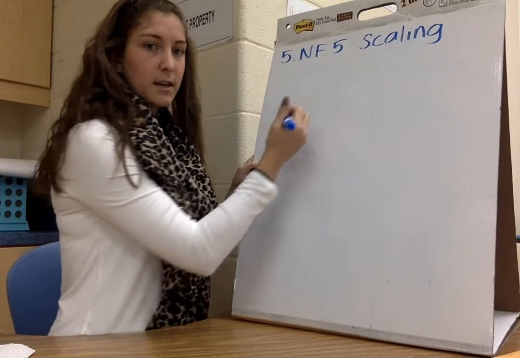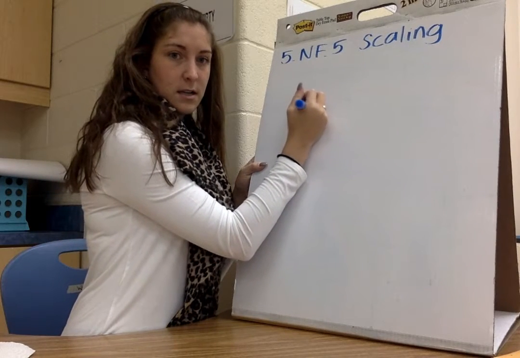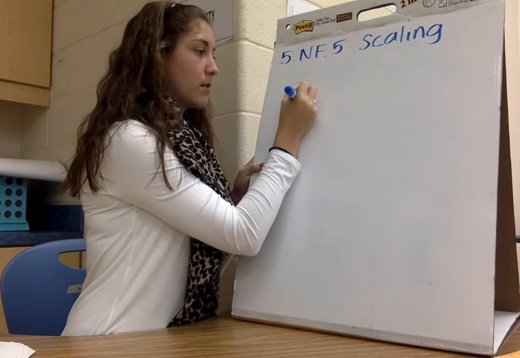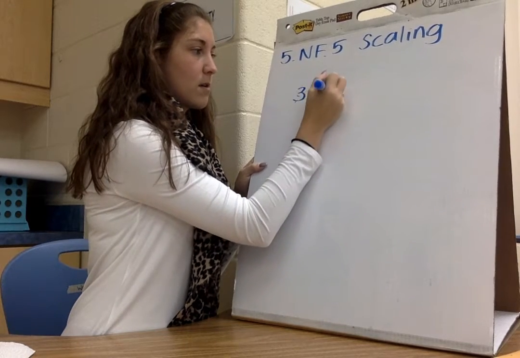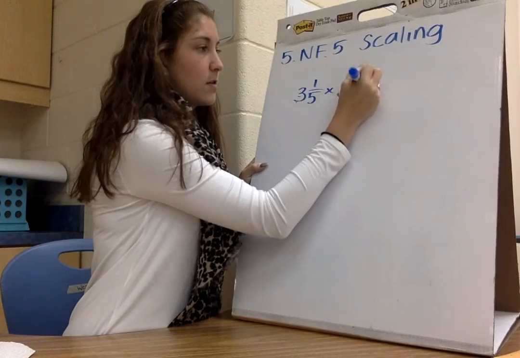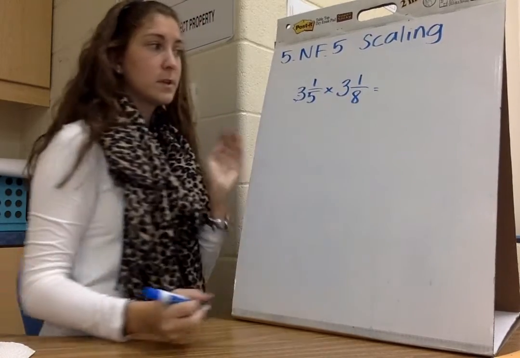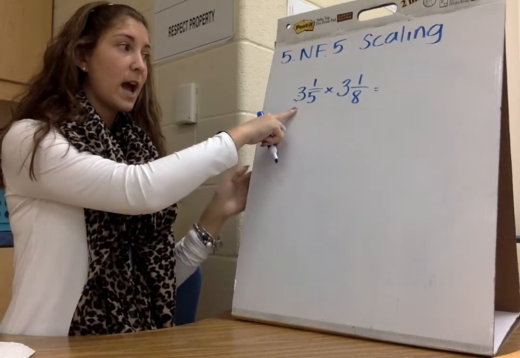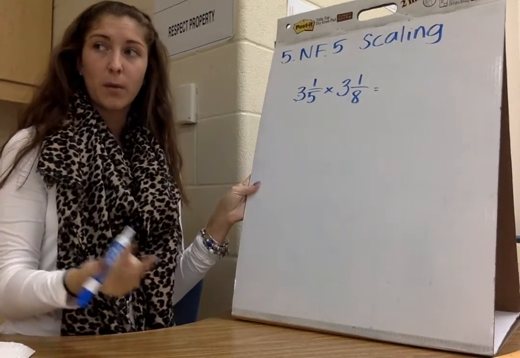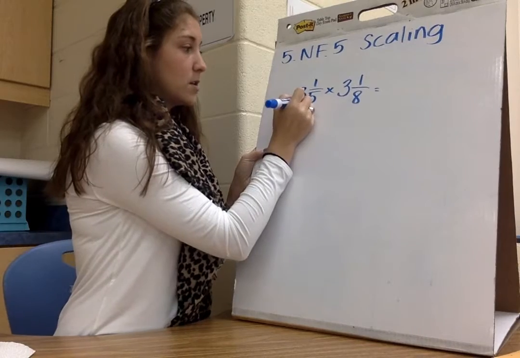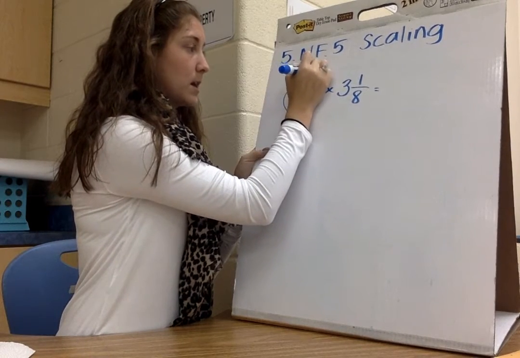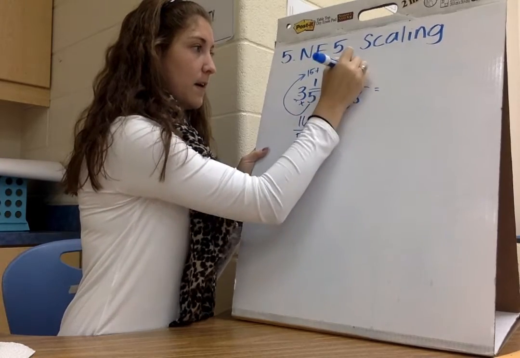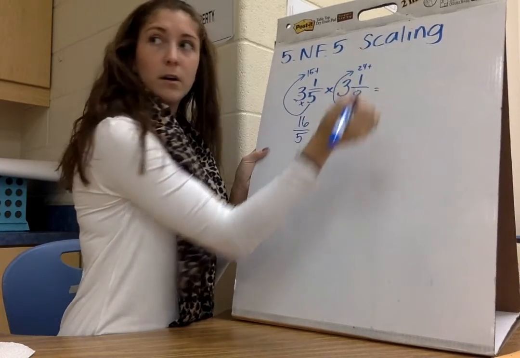If I look at 3 1/5 times 3 1/8, well, this is the same scenario we just dealt with here. So we have to make both of these into an improper fraction if we want to solve. So if we make this 15 plus 1 is 16, we have 16/5, and then we have 24 plus 1,